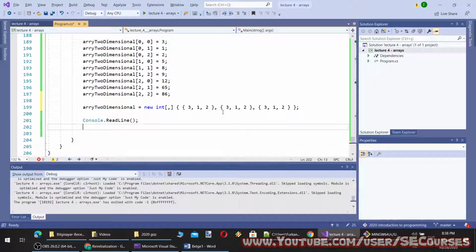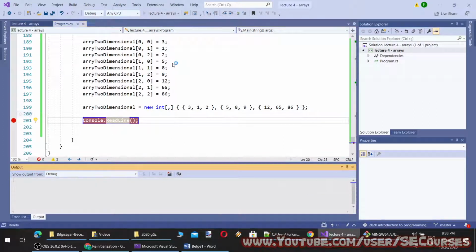Okay, yes. And 5, 8, 9, and 12, 15, 86. Okay. So let's put a breakpoint here to see.